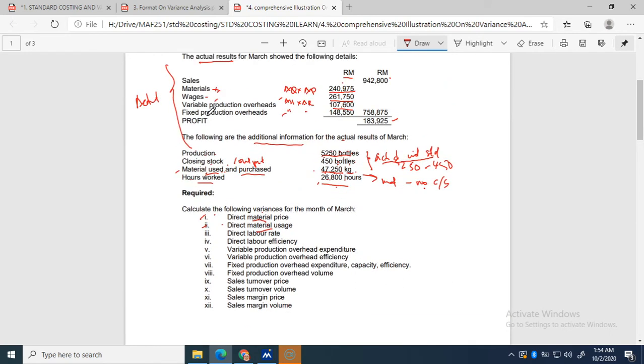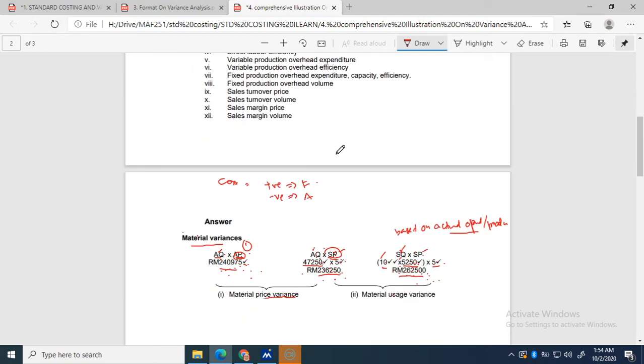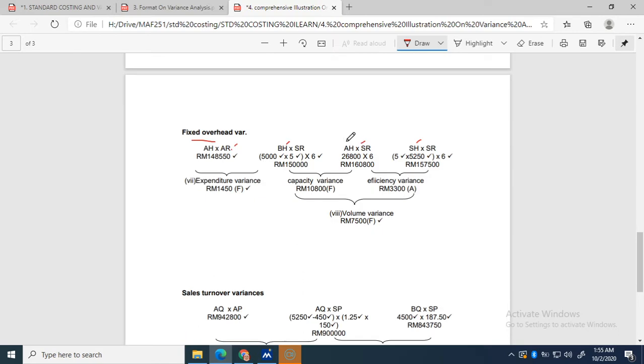The actual cost for fixed overhead, actual hours, actual rate, is 148,550. Okay, how to get budgeted hours? What is the difference between budgeted hours and standard hours? Standard hours you base on actual production or actual output, while budgeted hours you base on